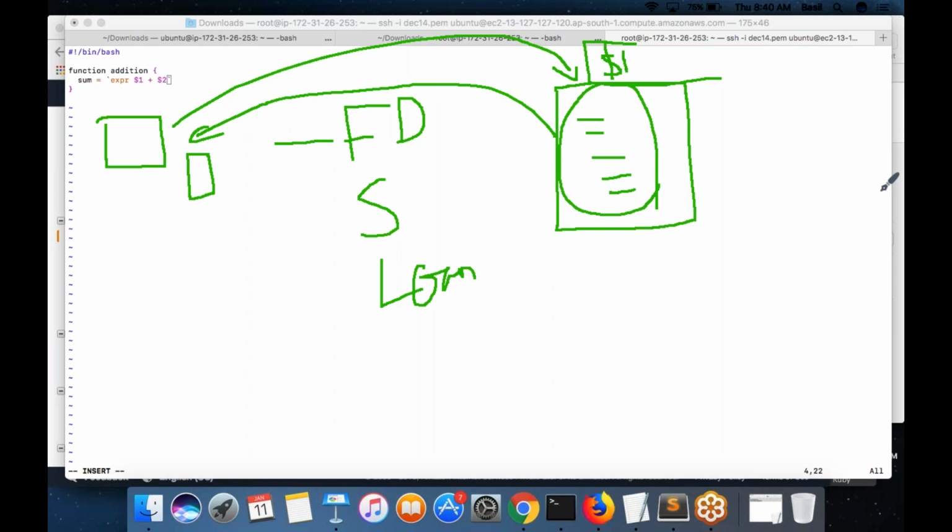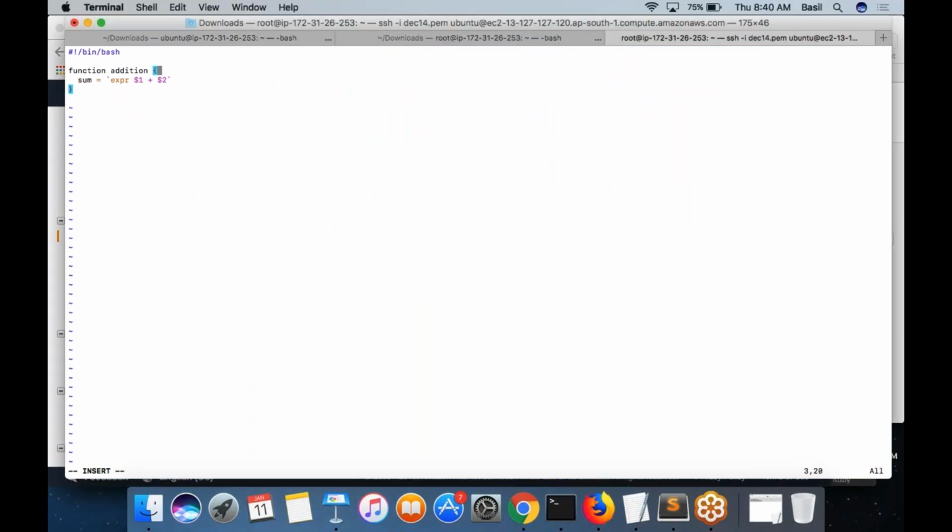So in my case, I'm going to write an addition function. Whenever I want to do an addition operation, I will call this function and pass whichever values I want to add. Let's say A and B, the two numbers I pass to the function. The function will receive these two numbers, perform the addition, then return the sum value back to the calling program. Again, it is $1, $2, etc. The arguments passed to a function are referred to as $1, $2, etc.